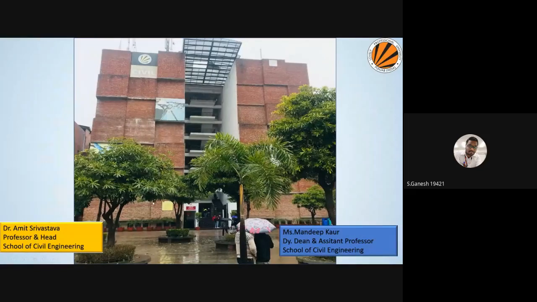As you see, our building is so strong. Likewise, these two people are the main icons for making our department stronger, organizing more events for students from various domains and universities. We also have various domains of water resources, geotechnical engineering, and transportation, with very experienced faculty, and I am also thankful at this stage to all my team and staff members here.